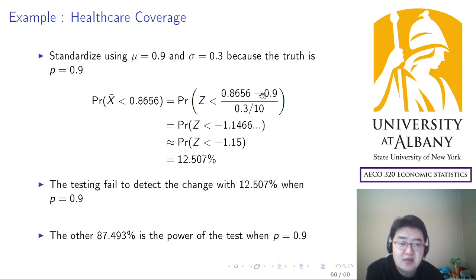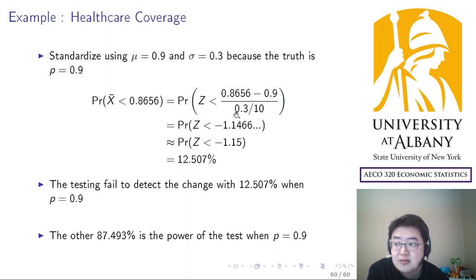You assumed that the truth was actually 90%, so you have to put that in the mean. That's easy. But the standard deviation is also coming from the assumed mean. So 0.9 implies a standard deviation of 0.3. So use 0.3 as the standard deviation in this case, right? And then it's easy, and you will get